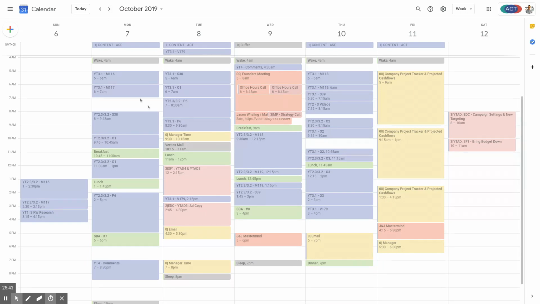Something that you'll notice here on this particular week, you'll see YT3.1. I have an OCD code for when I'm filming or recording or working on client accounts, as you can see 3SF1. And the reason I use these is because you can actually use the search function to go and find all of the tasks based upon what they're called. So if you start calling things the same thing, like video recording, editing, copywriting, client reviews, client calls, you can actually search and see how long things actually took. And then all of a sudden, you can take actual data and improve your planning in the future.